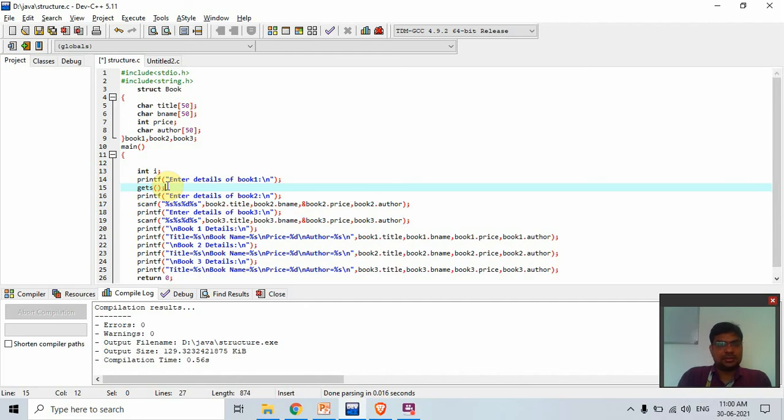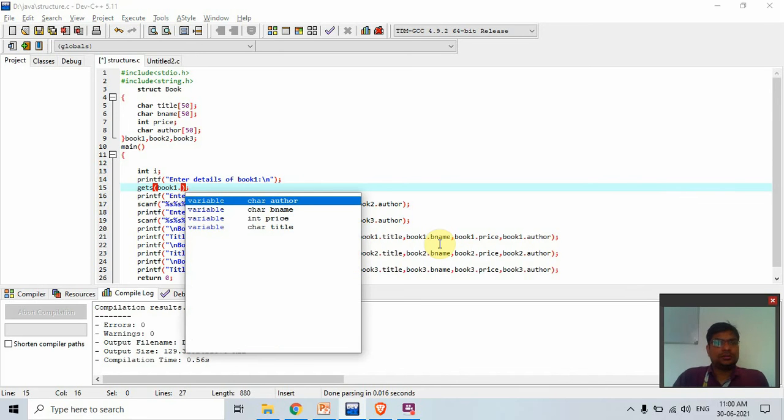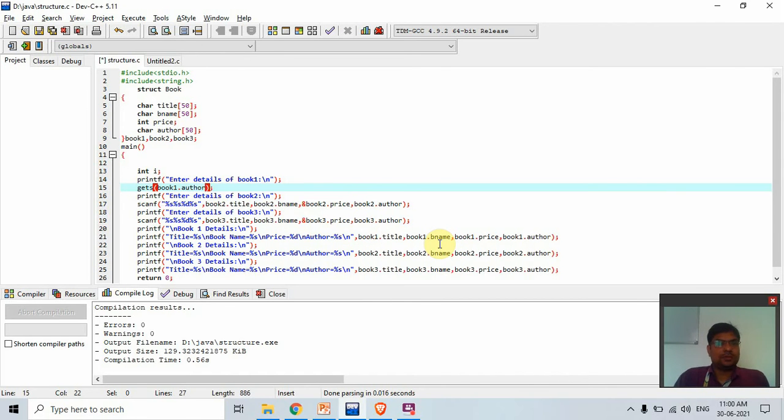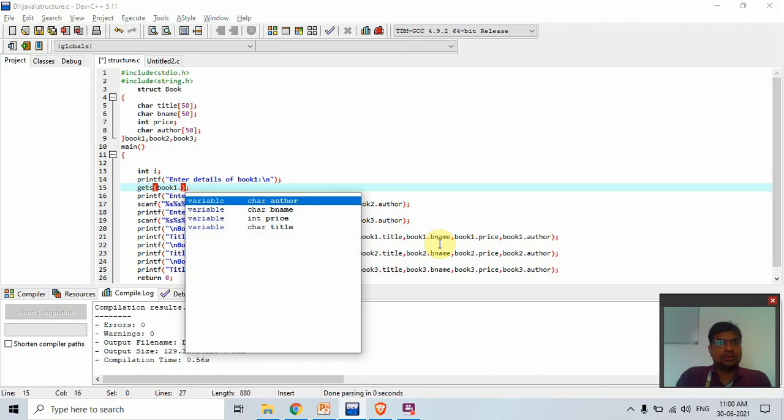Now I use gets. In gets I read book 1 dot title.